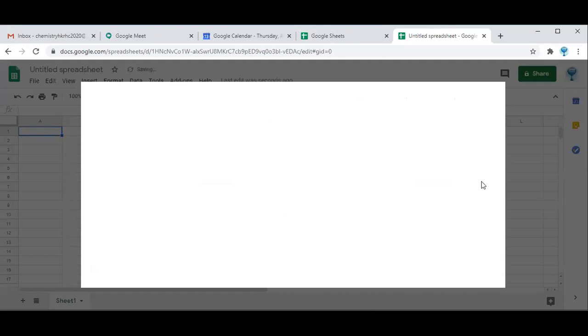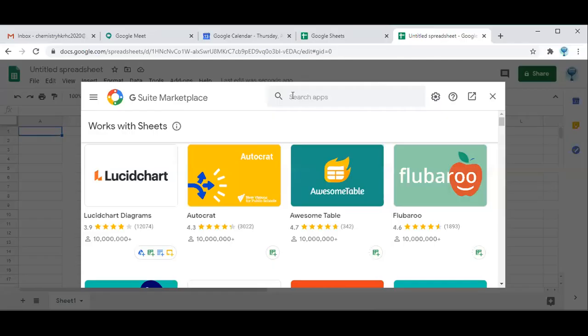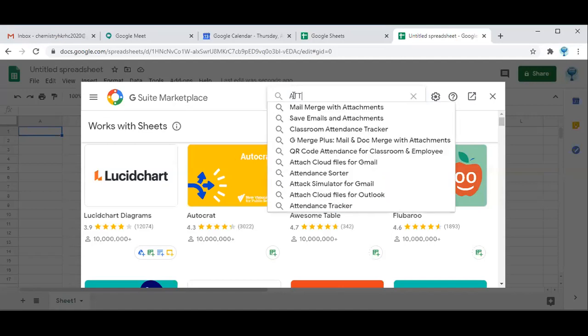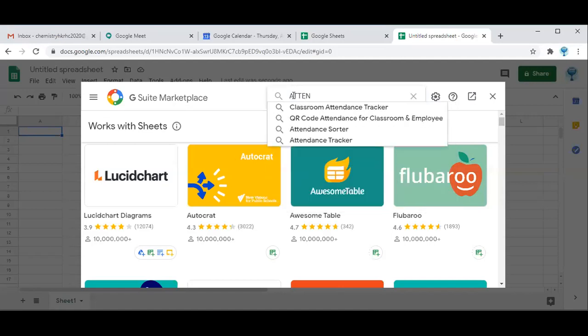A pop-up window will be opening like this. In this, type attendance tracker app in search apps. So automatically it will be displayed some apps which is available in the Google.